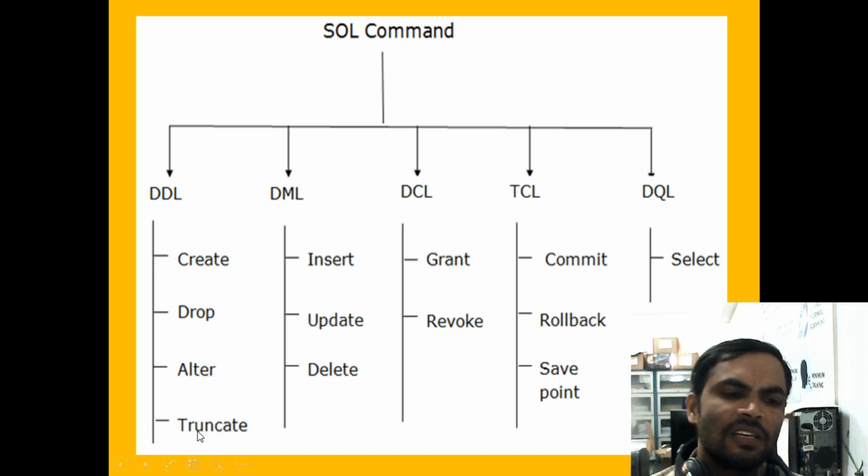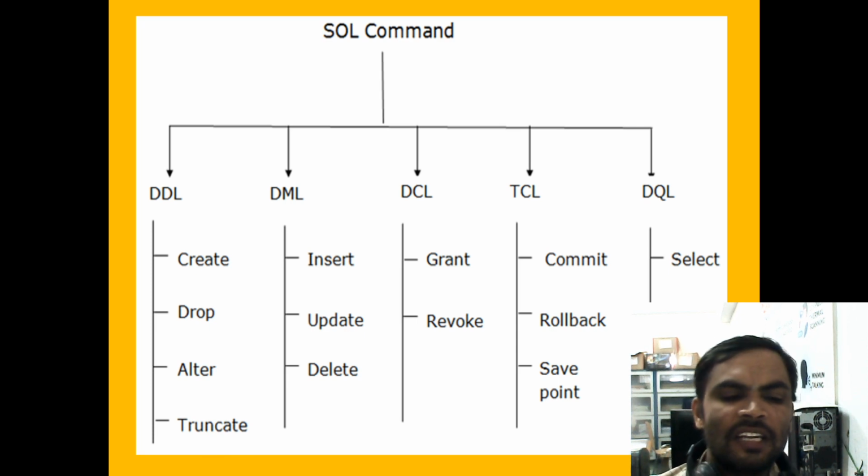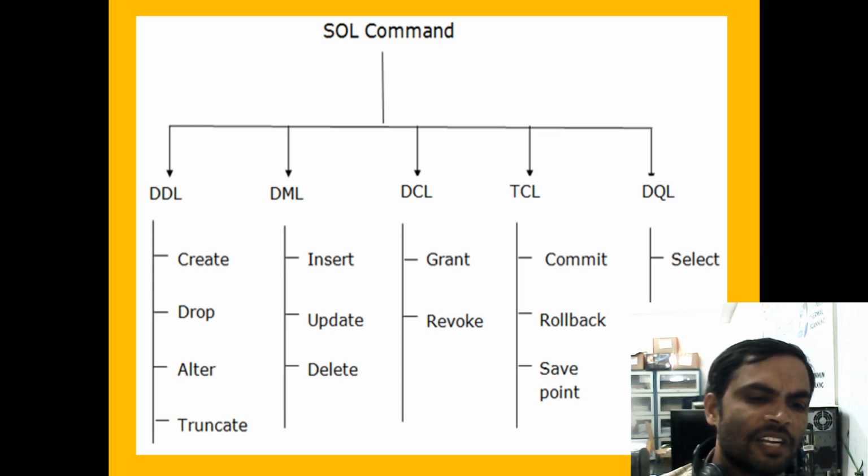Now truncate. I will explain the difference between drop, truncate and delete. The 2 marks is very important. The difference: drop means it will drop the entire table. Truncate means with the help of the truncate, we can delete the records, and the structure will remain under the truncate. Now the rename will be there. Rename will come under the DDL, data definition language. Under the data definition language, 5 commands will be there: create command, drop command, alter command, truncate and rename.